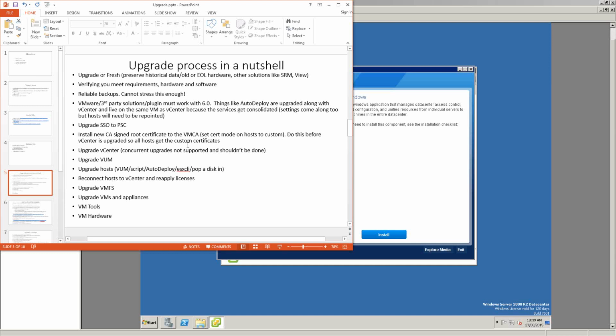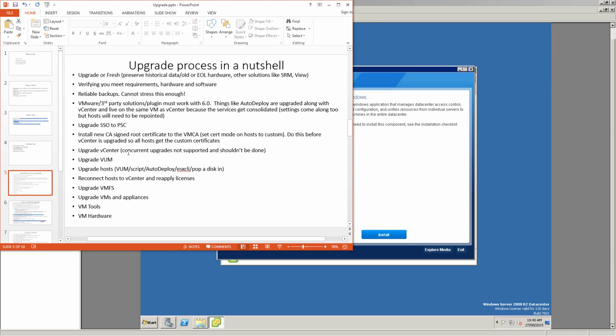Because if you do it after, then you have to deploy the certificates to all hosts again. Instead, if you did it just before you upgraded vCenter, then the hosts automatically get the VMCA certificate. Just so you know, the VMCA is the new VMware Certificate Authority that VMware have in the Platform Services Controller.